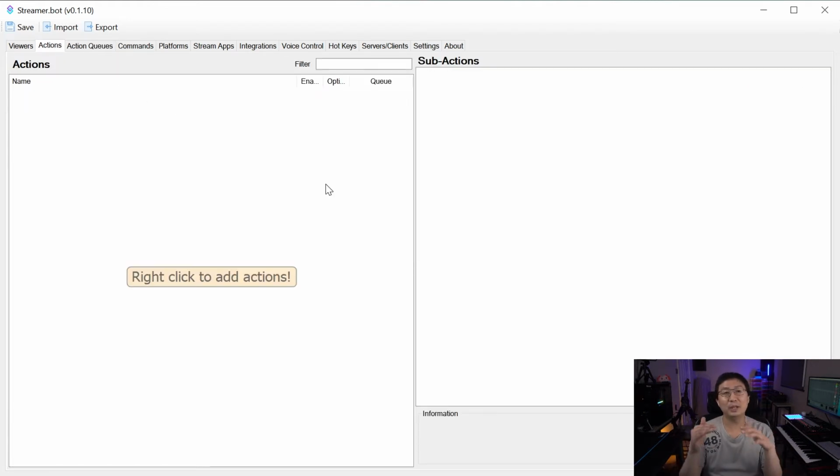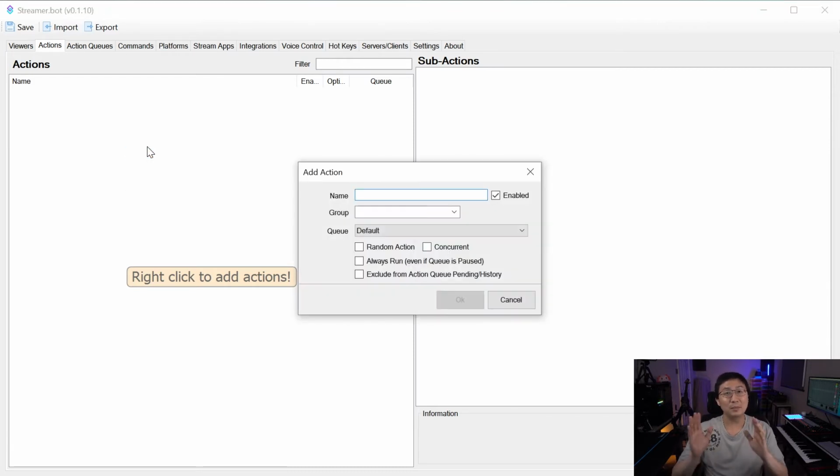Now here is where we actually add all the shortcut keys and actions into the streamer.bot program. So we're gonna right click. It says right click to add actions. That's exactly what we want. So we'll right click and add a new action. But you might think we are about to add the Control 1 to 9 right now, but actually we're not,